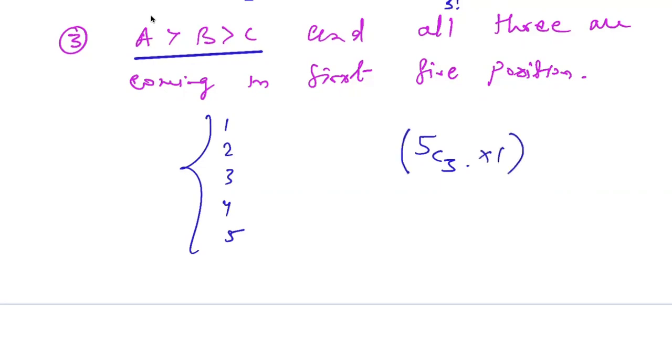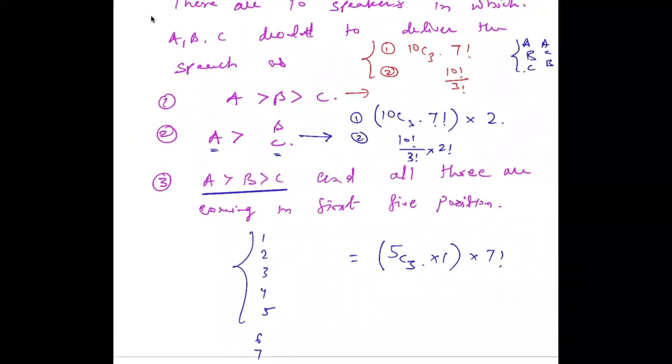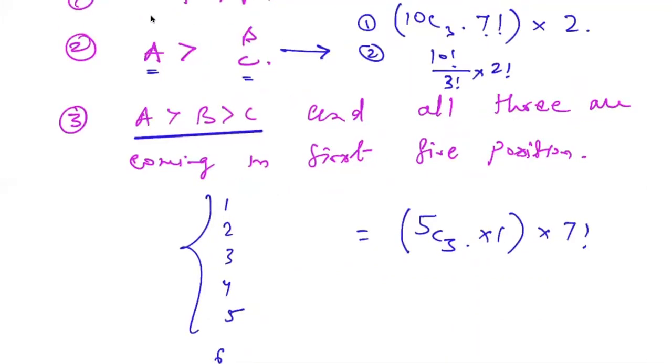Now we again have 6, 7, 8, 9, 10, so all 7 positions can be filled in factorial 7 ways. Hope you all are getting this, and getting the right answer on this. But in this specific order,